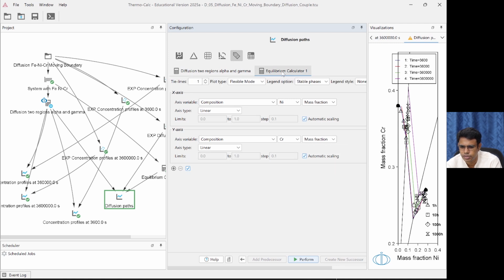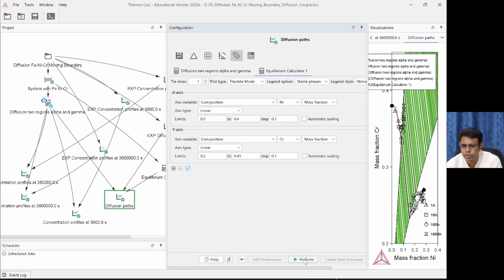I'll do the exact same thing here: 0 to 0.4 for nickel, and here 0.2 to 0.45 for chromium. Okay, so let me perform now.